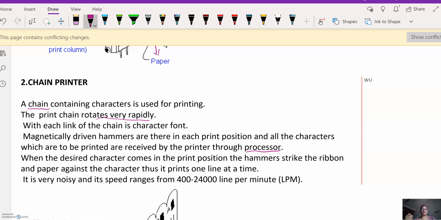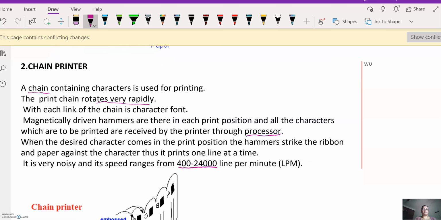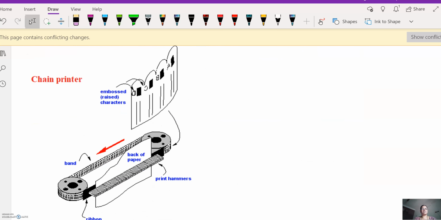So the printer speed will always range in terms of lines per minute, and if you just see the speed of this chain printer, it ranges from 400 to 24,000 lines per minute. So you can just see this chain printer here. This is going to be the motor or the drum which is going to rotate, and we have the back of this paper, and this is where the print hammers will be located,